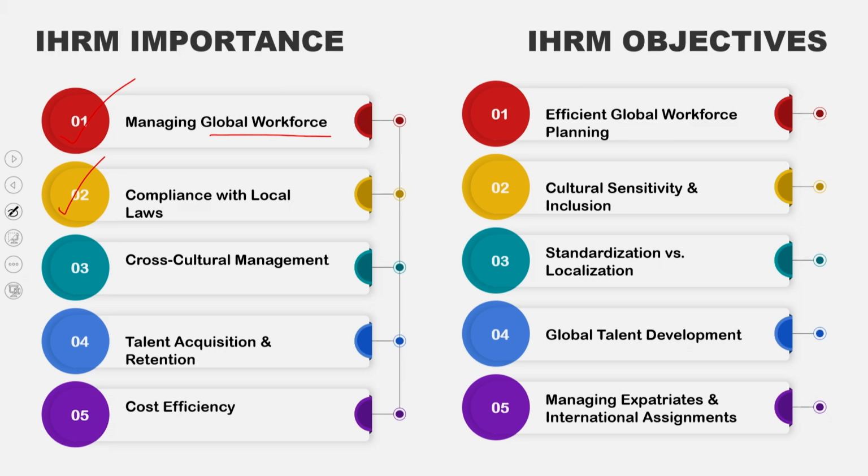Another significant factor would be cross-cultural management. It is the process of understanding and managing differences in cultural norms. This is vital for work behaviors, leadership styles and communication patterns in a global workforce. An example would be a Japanese multinational company sending managers to the US, who might be trained to adopt a more direct communication style, as Western cultures prefer openness compared to the indirect communication in Japan.